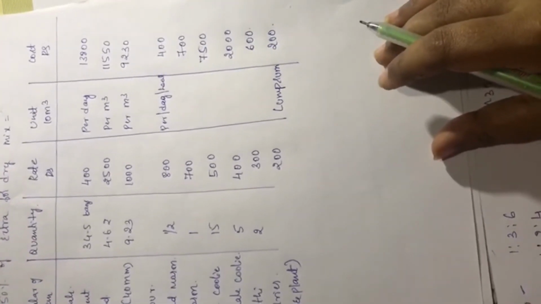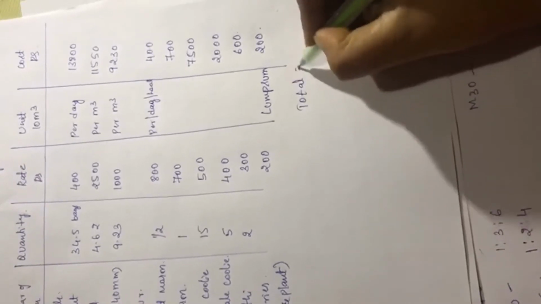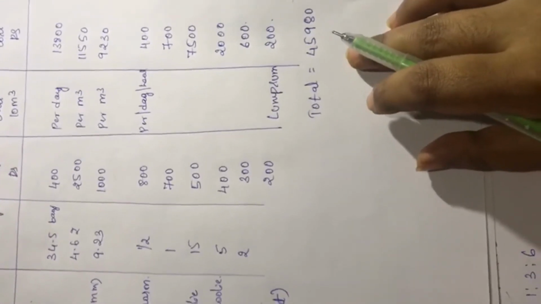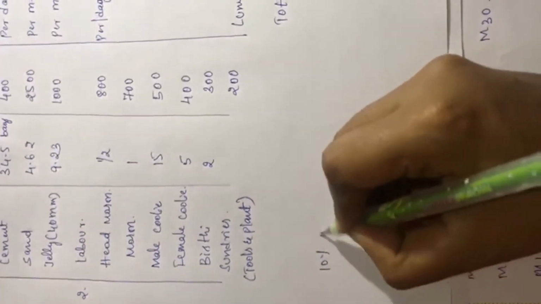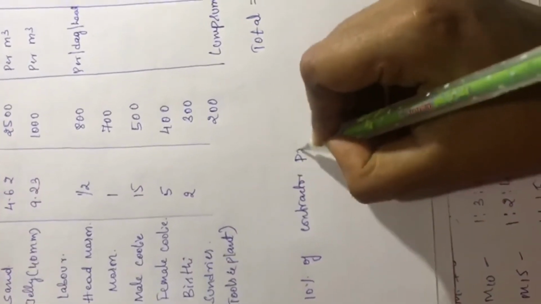So we have to find the total cost. When we add these up, the total cost of the project is 45,980 rupees. Now we have to add 10% contractor profit on the total amount. So 10 divided by 100 into 45,980 rupees gives